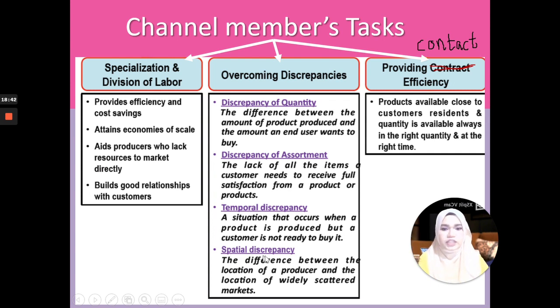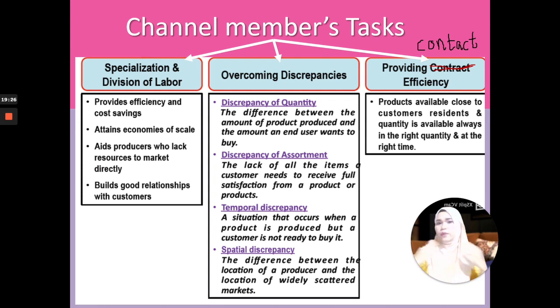Lastly, the spatial discrepancy. The spatial is talking about space. So it is the difference between the location of a producer and the location of the widely scattered markets. A producer perhaps can't afford to go to each and every country or each and every place to open up their own shop. So that is why they need these channel members to overcome this spatial discrepancy, whereby instead of me as a producer opening up my own stores at each and every location where there are markets, I can just sell to the retailers,